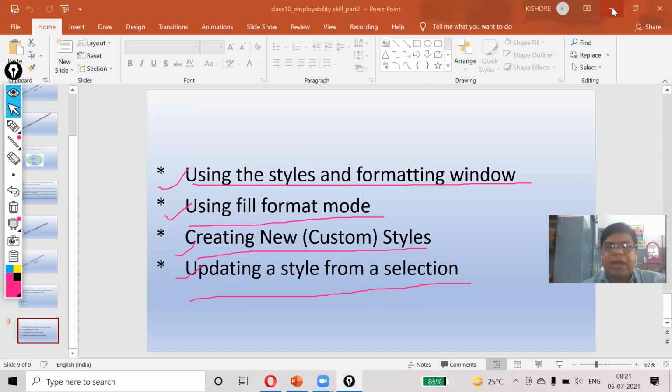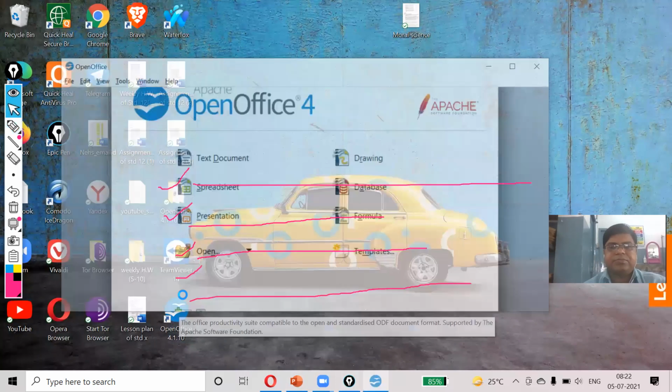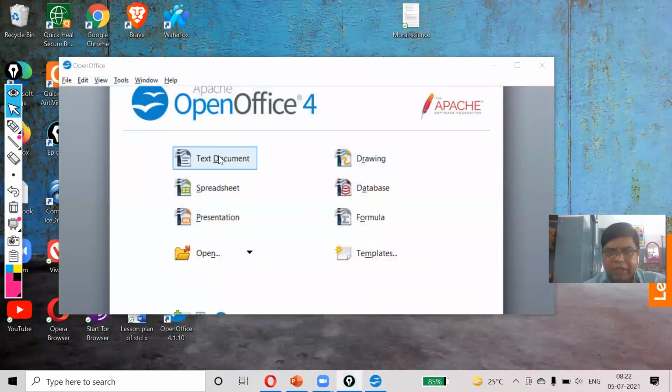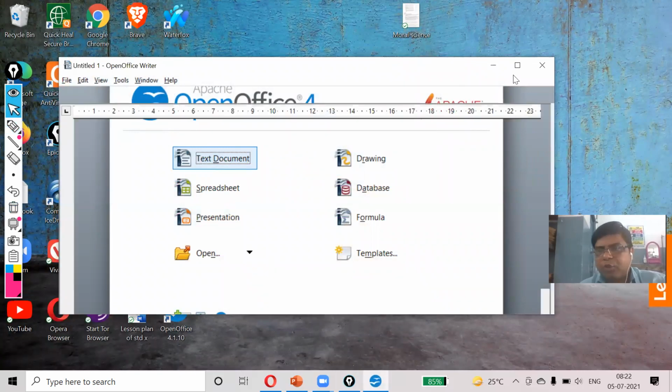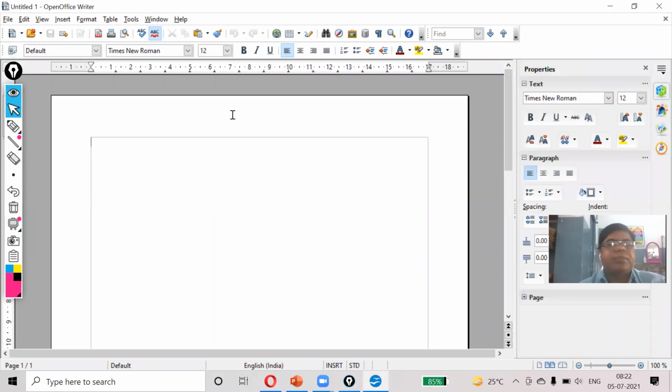So first of all, I will go to OpenOffice. I will click on text document because I am going to work on a document. Now, first of all, you have to write some text.